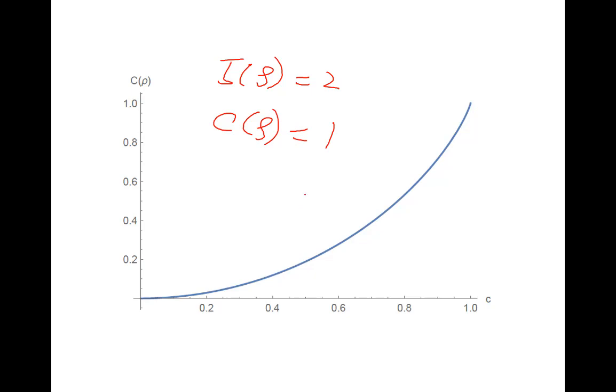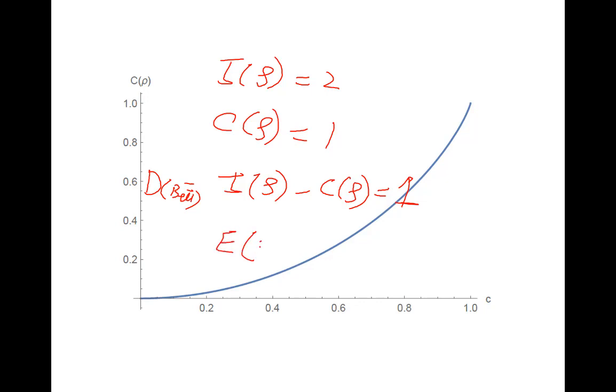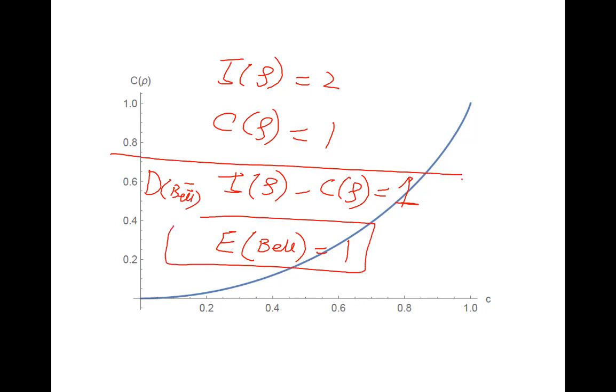So how much is the degree of quantumness? It's totally simple. You subtract these two and you will get 1. See, the quantum discord for Bell states is 1. This is calculated again in my thesis. Whereas from past knowledge of quantum information theory, we know that the entanglement for the Bell state is again 1. See, for pure states, discord is equal to 1 and entanglement is equal to 1.